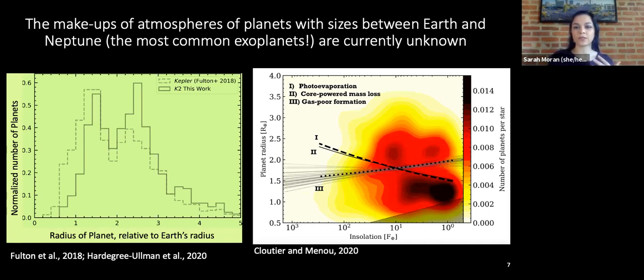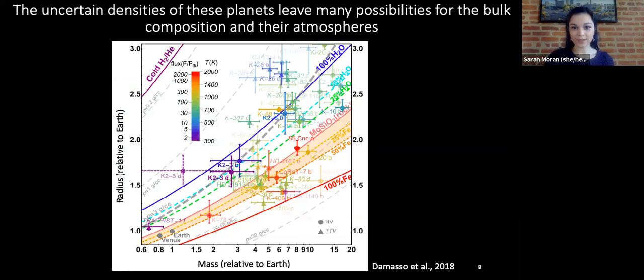And so we have all of these different theories. And one of them is photoevaporation, that all of these planets actually form as mini-Neptunes and then slowly get their atmosphere stripped away by this parent star. And so then they turn into something that looks more like a super Earth. Or we have things like core-powered mass loss or gas-poor formation, where those things are actually forming as super Earths and mini-Neptunes distinctly. And that's how we end up with the planet population that we do. And so of course we'd like to observe this, but